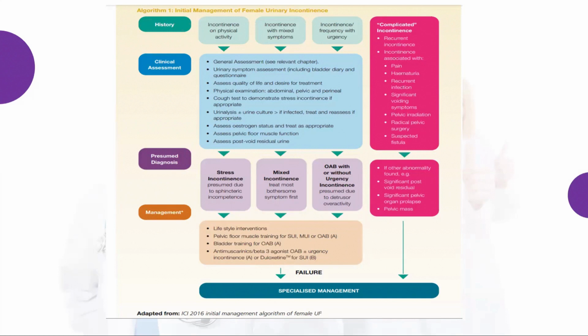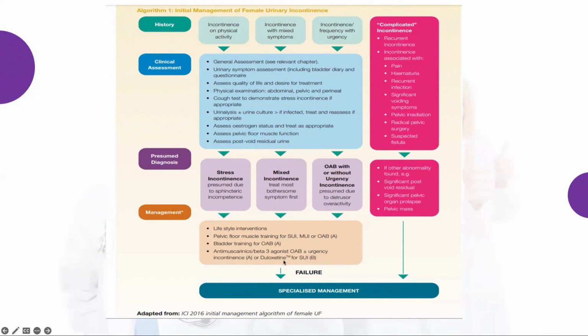Okay, then bladder training for an overactive bladder, and then the medical treatment, which is antimuscarinic or beta-3 agonist for the overactive bladder, and then we go to the surgery. So lifestyle modification, PFMTs, bladder training if overactive bladder, then medical treatment of overactive bladder, and if your patient wants